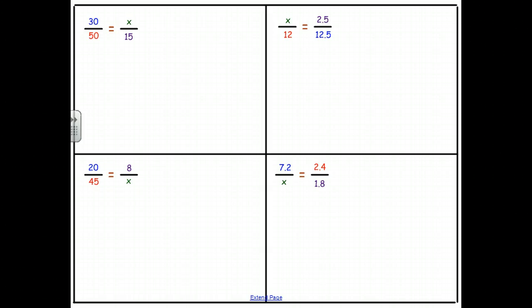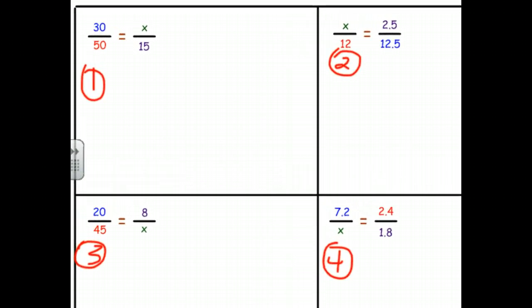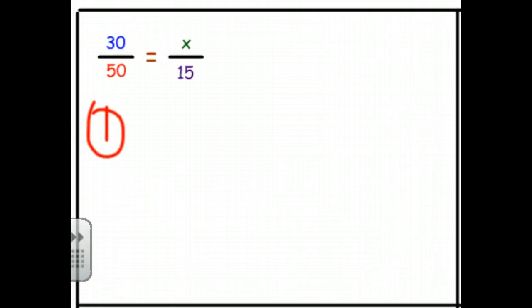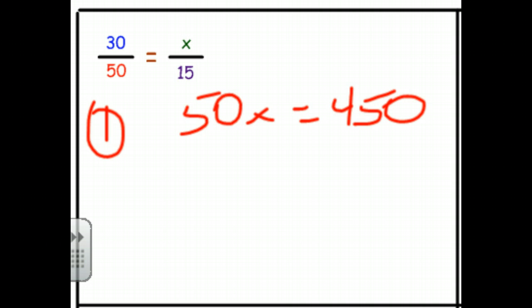Okay, so in the first proportion in the upper left-hand corner, we'll label these 1, 2, 3, 4. In the first proportion in the upper left-hand corner, when we take our cross products, we get 50x. I just like putting the x on this side. It's an equal sign. You can put them on whatever end. 15 times 30 is 450. Divide both sides by 50. X is equal to